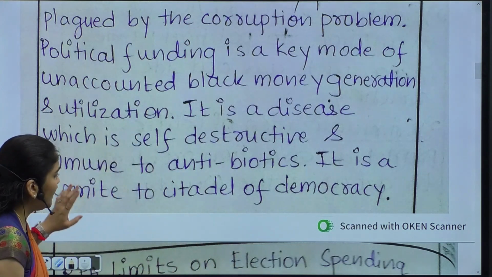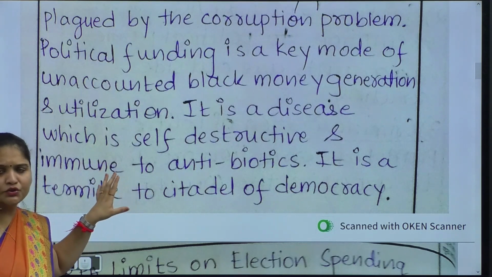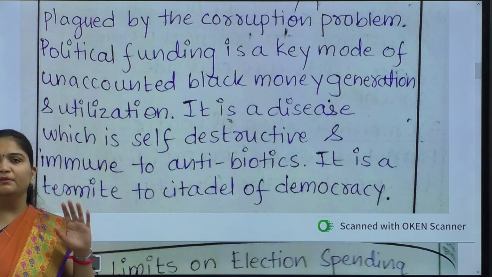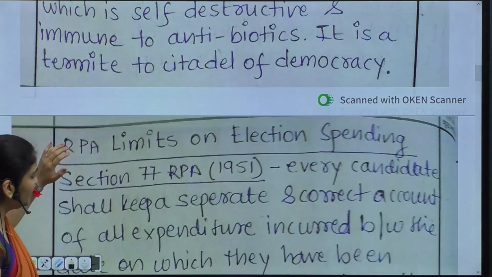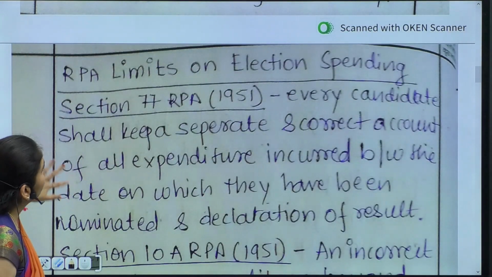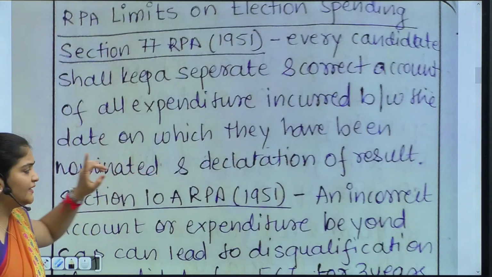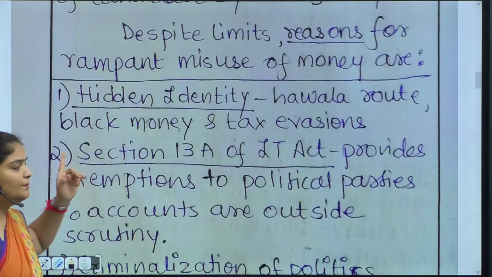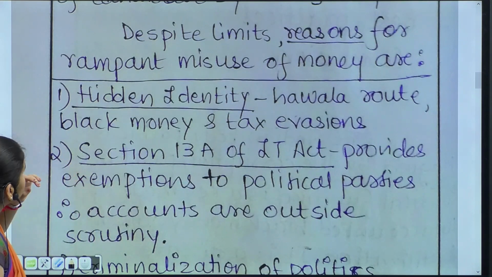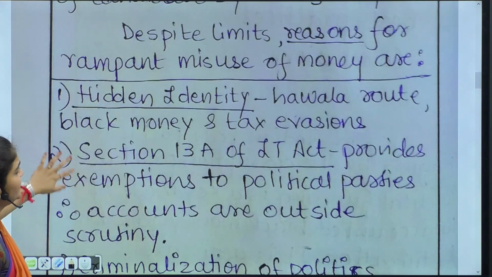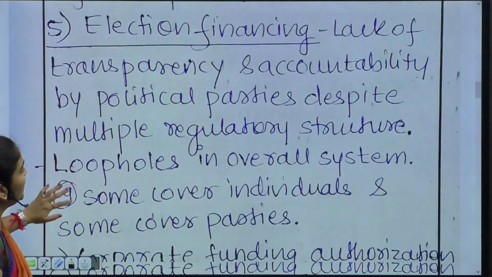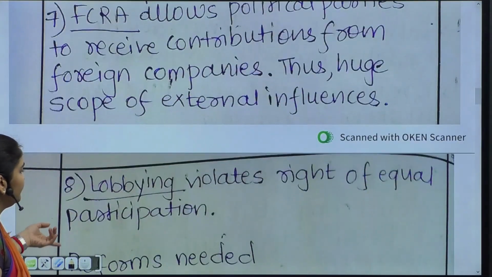Okay? So flowery, not necessary everybody has to use it, but it is a way of representing the gravity of a problem. Okay? So it's a unique way of doing it, if you want to do it that way. Then you talk of what the existing limits are, what recent amendments have been brought, but still, despite the limit, why there is rampant misuse of money. Okay? And how this needs to be tackled.